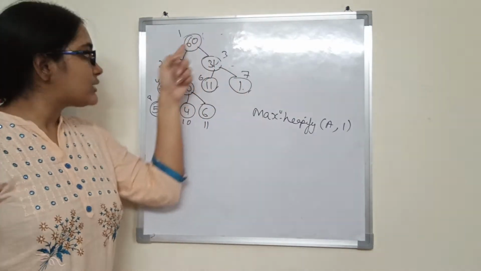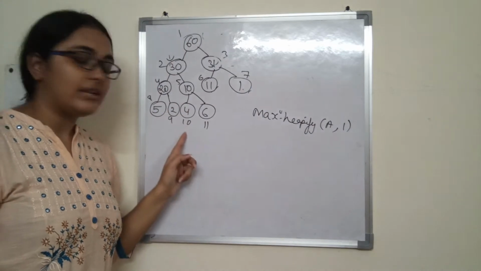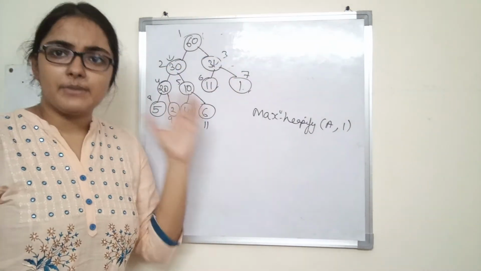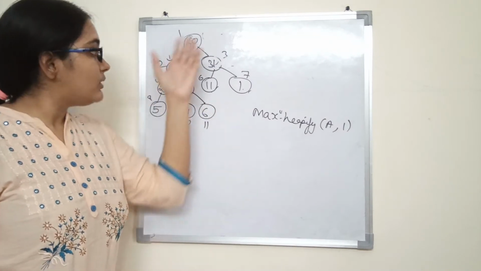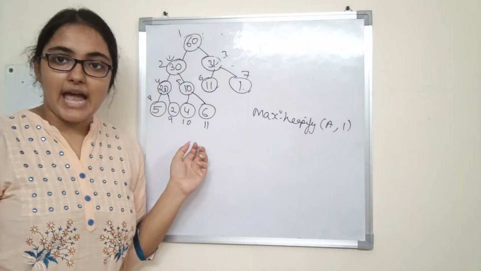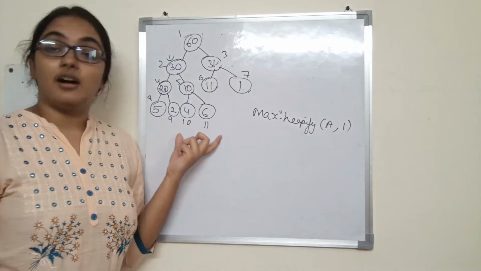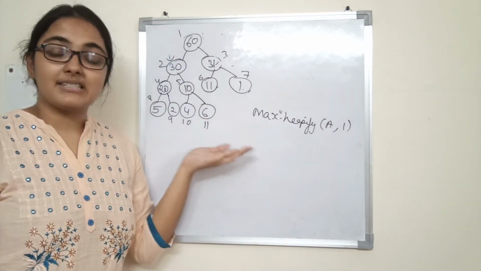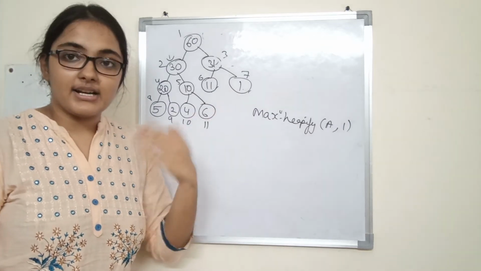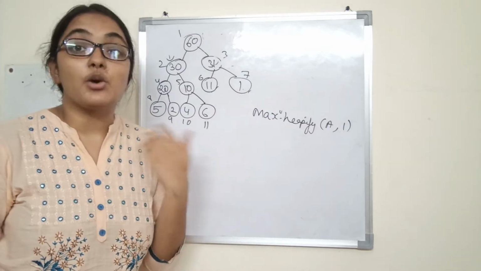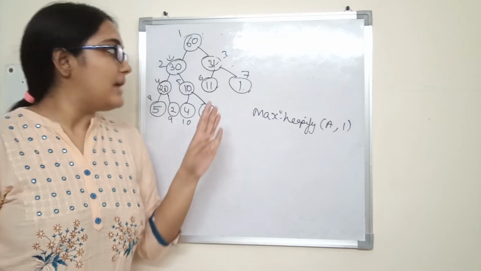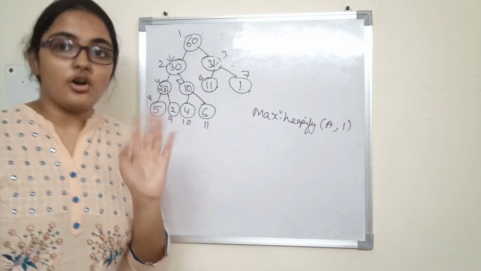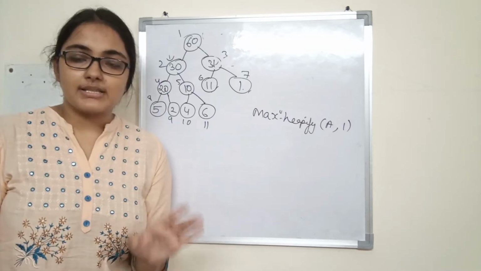In the worst case what would have happened? It would have floated down till here. In case these two values would be exchanged or there will be some other set of values, these would float down till here. So what is actually happening? Max heapify is called recursively until it reaches a leaf in the worst case. And in the best case it just stops at some value, or it is already a max heap. So in the worst case what is happening?